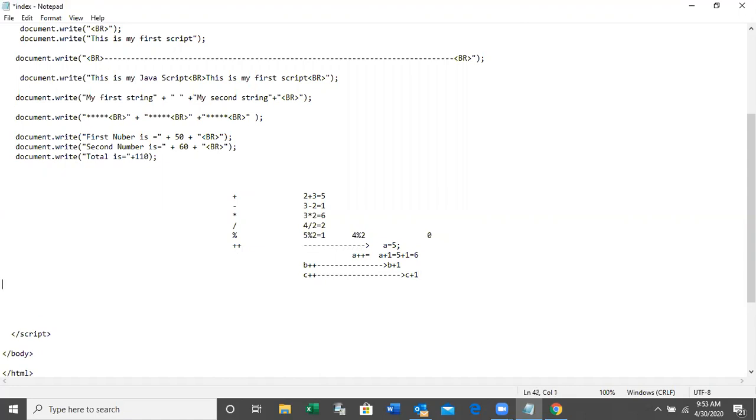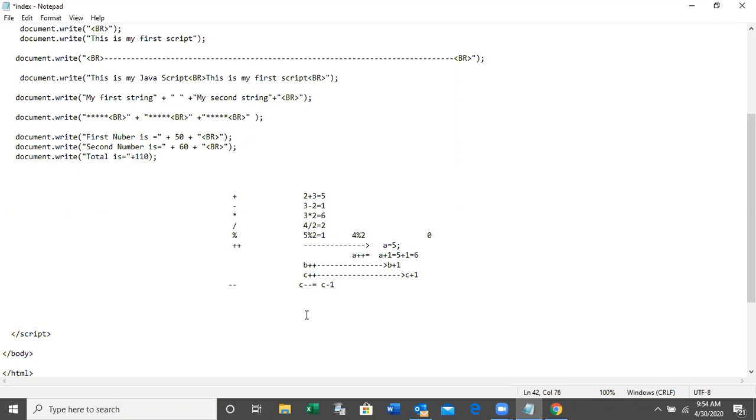The next operators are increment and decrement. The plus plus means increment operator. Minus minus means decrement operator. C minus minus means C minus 1, right?